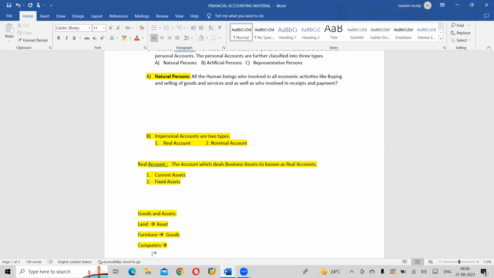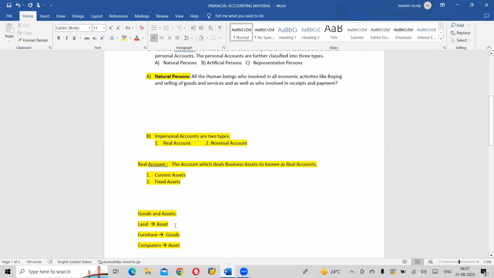Lepakshi, right. So they have purchased computers. What is their nature of business? Buying and selling of furniture. But are they going to trade with the computers? No, right? So at the time of purchase, their intention is to use them for building purposes or to store the data or something else. Then what will computers become? Is it an asset or a good? It's an asset.